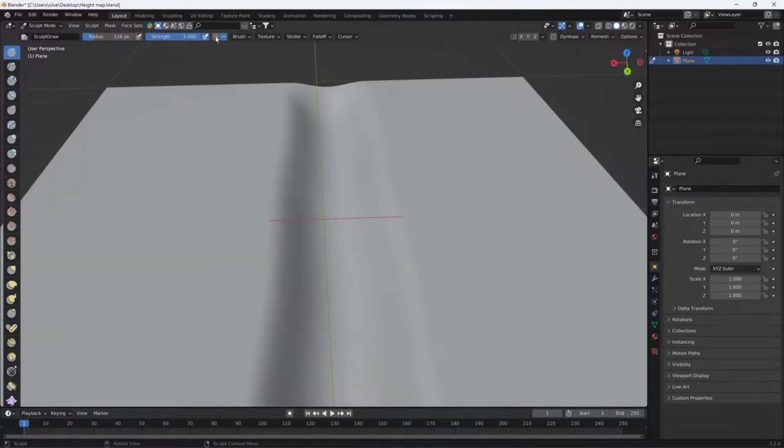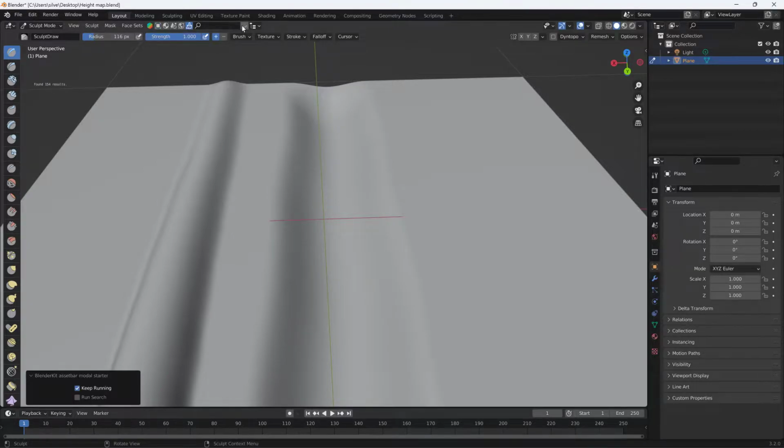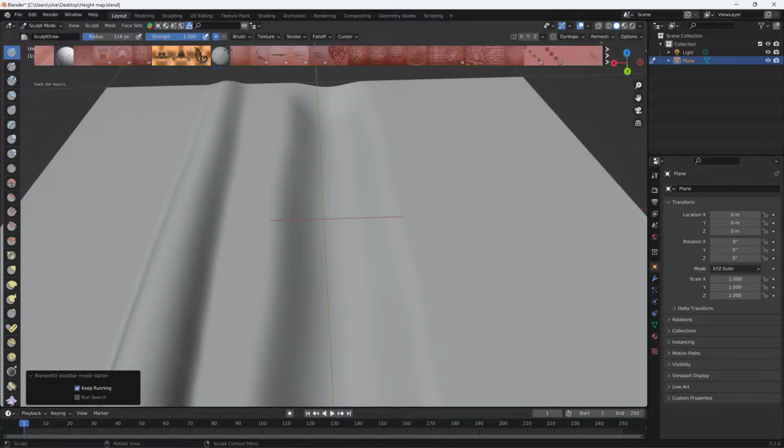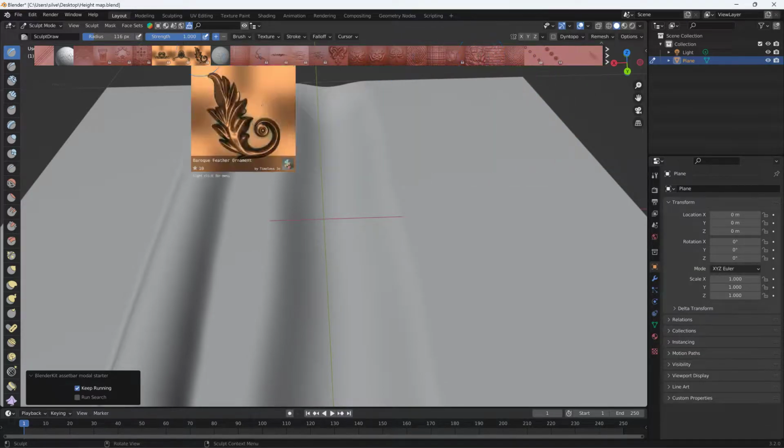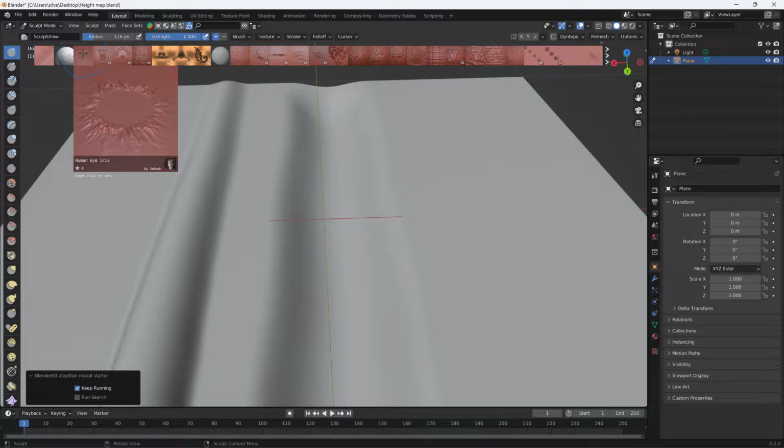If you make a hill, well, that'll be a hill. I like using the Blender Kit add-on because it comes with a lot of brushes, but you don't need it to do this. You can make your own brush, but just to give you an idea what this brush can do, we'll get this human iris here,